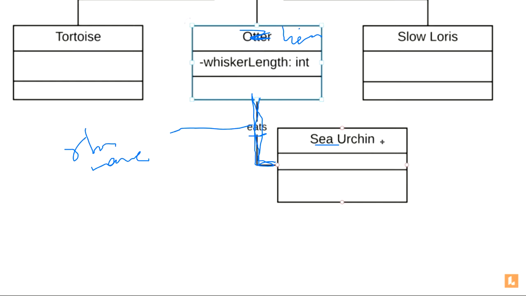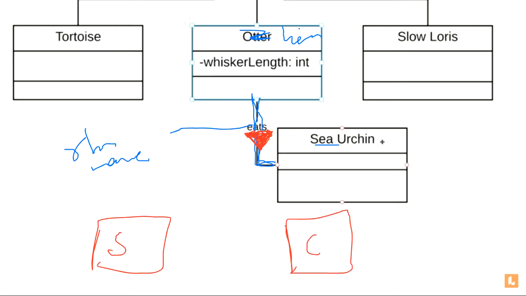A black colored box will be created like this. This functionality is not provided in StarUML, I guess. Last time when I used that, this relationship direction property was not there. Okay, but you can show it like this. What will be the benefit? Suppose you have a student class here, you have a course class here, and you can associate student and course like this, and you can write takes, and you can show a relationship direction like this.